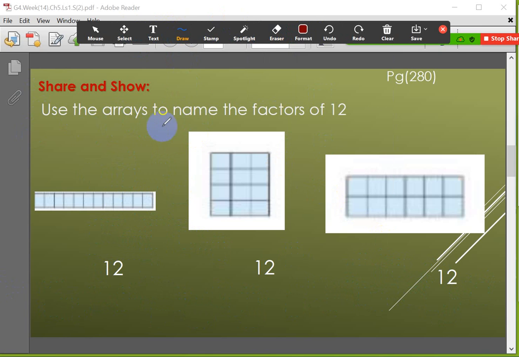Use the arrays to name the factors of 12. Now, you know that if I want to find the factors of 12,